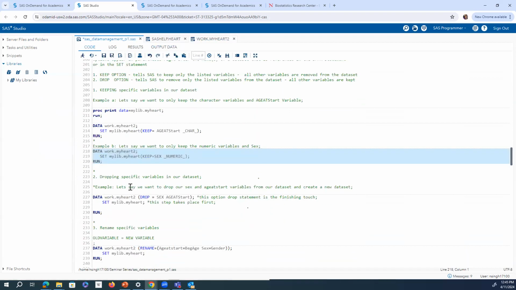Also, if you want to drop specific variables from your data set, the dropping option is kept in the data statement. Why? Because the set statement is the first step that takes place. When you are creating a new data set using a previous old data set, the procedures that you're telling SAS to run after the set statement are the first steps that take place. And then after that, the finishing touches will be whatever step was in your data statement, which is created